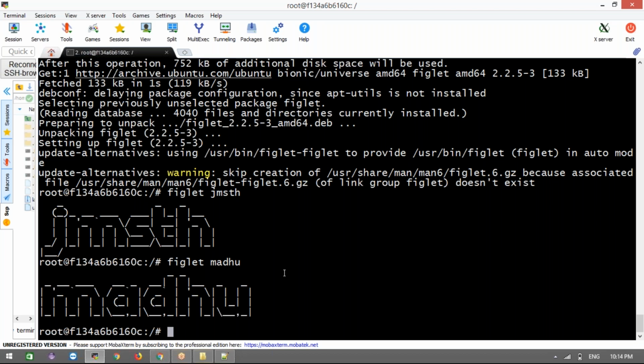Next time onwards, I will take this image only. I will use it directly. I don't want to install the figlet software again, Git software again, whatever. I don't want to install again and again. So whatever we install in this container, I want to convert this container into an image. What will this new image contain? This new image contains the Ubuntu software as well as the figlet software. Both I need to convert into one new image.